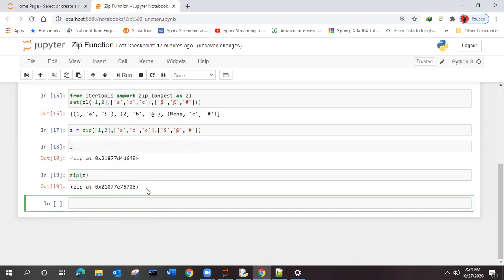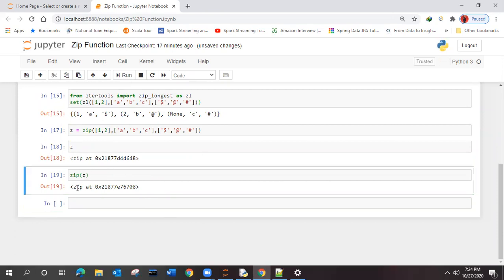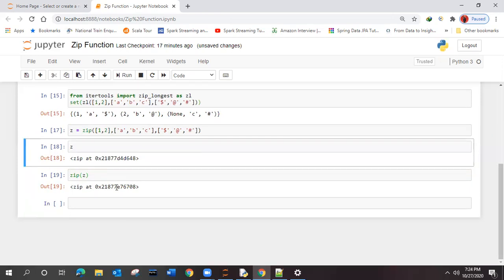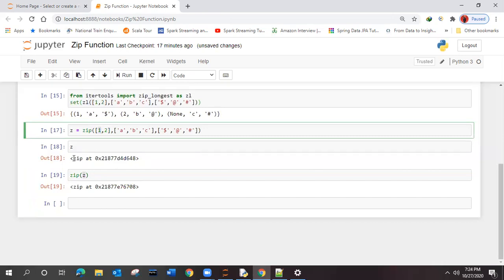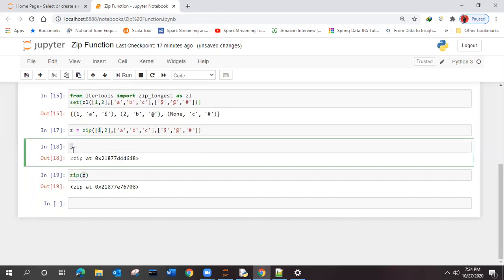But if we execute this, you can see you are getting the same thing. It is again zipped. Earlier this location and this location have now changed. So this one is the double zip of this one, because Z is already zipped and you are zipping again.